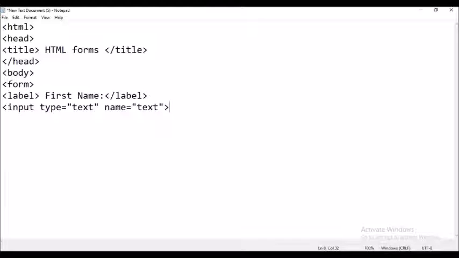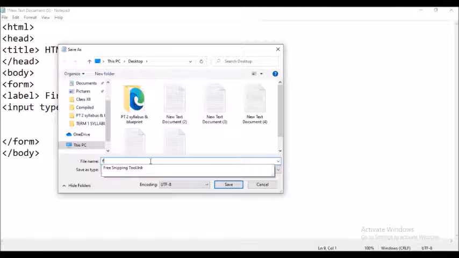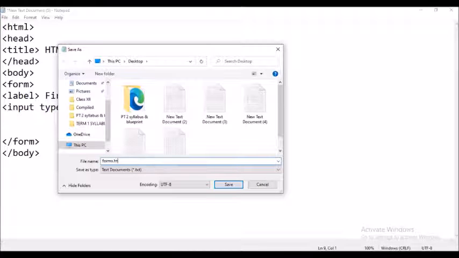And now we'll try to run this much. Let me just close the form tag and body tag. Let me just try to run this much only. So I'll be saving the file. As you all know, we'll be saving it. Let's say I've saved it by the name forms.